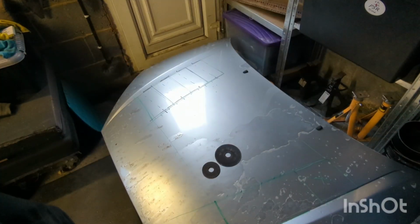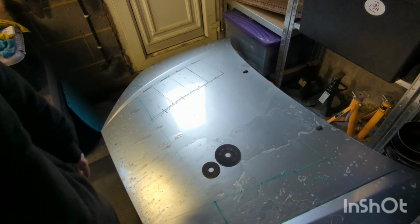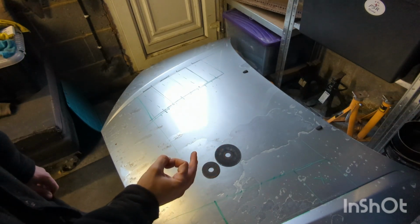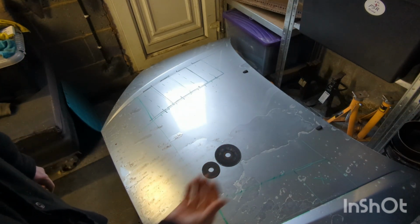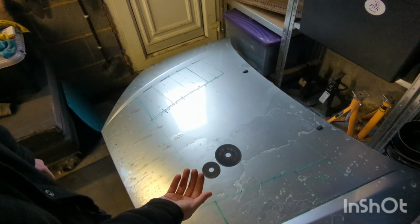Now we're going to get to cutting. A couple of pre-cutting conditions, or considerations would be a much better word. First of all, what have you got available? I don't have little cutting discs, so corners I might have to do with a hacksaw or something when we get there. We've got a second skin underneath the bonnet that we will have to go through eventually, and to